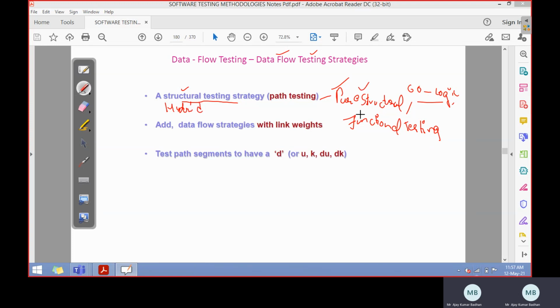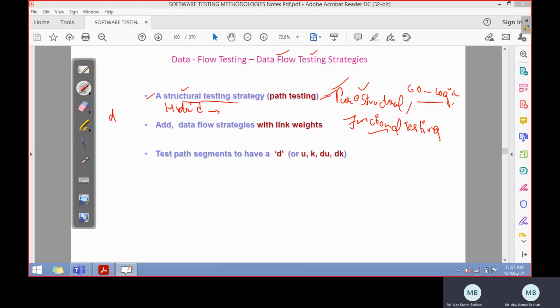Hybrid is nothing but taking some features from pure structural testing and some from functional testing. We can just combine them and get a hybrid kind of model in order to test that particular data flow, how the data is flowing through it. So in contrast to what I have explained here, the data flow testing strategy also focuses on what happens to the data objects.